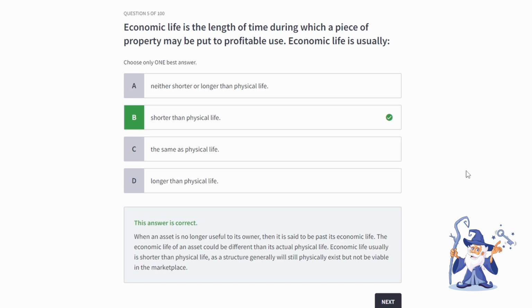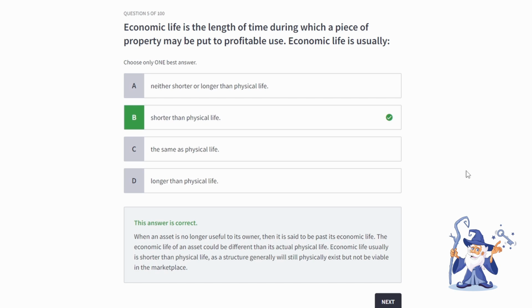However, again, economic life usually is shorter than physical life, as a structure generally will still physically exist but not be utilized in the marketplace. For example, if there is an older warehouse, and it's used to transport goods from lots of businesses. Let's say maybe its economic life is only 50 years, but the building is still going to exist maybe for 100 years, because of all the wear and tear, maybe all the trucks and all that stuff,